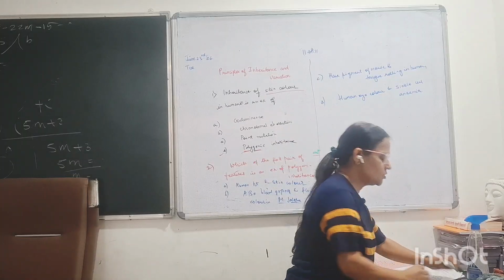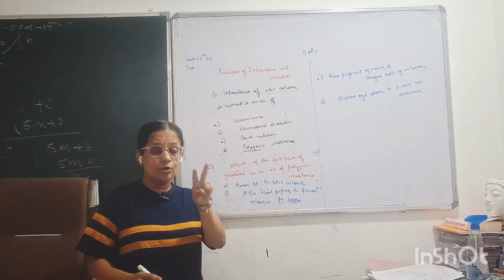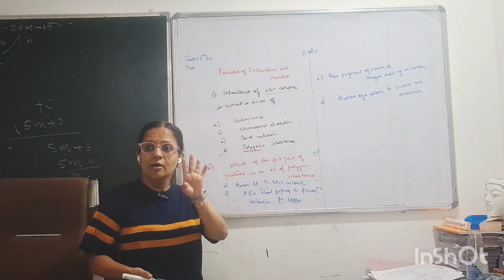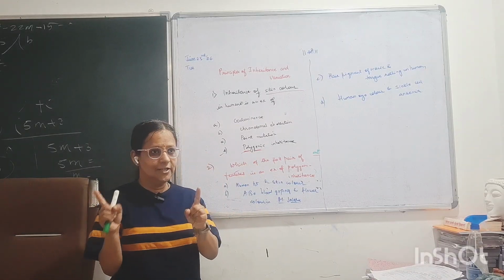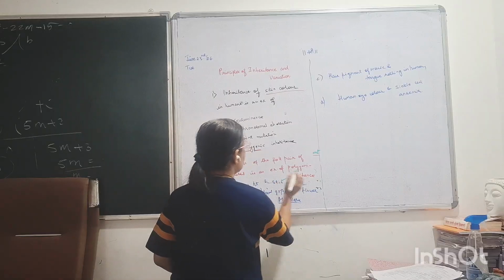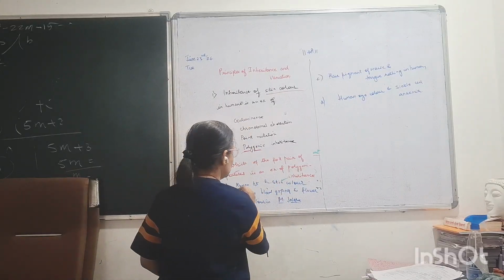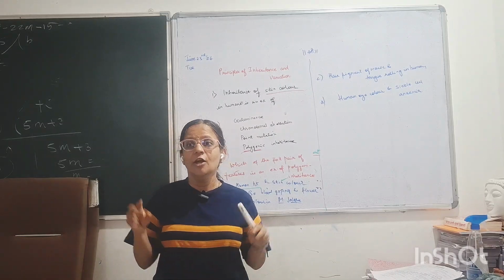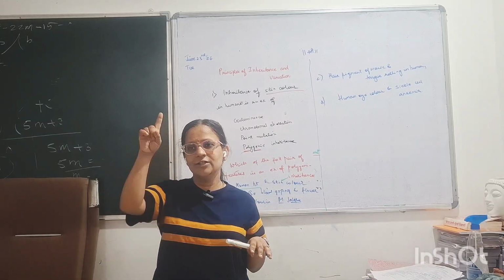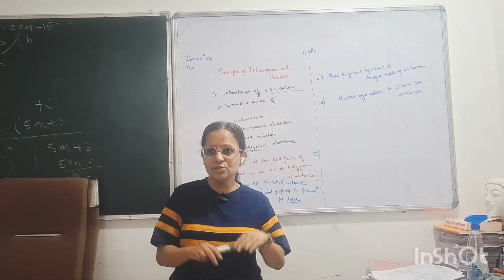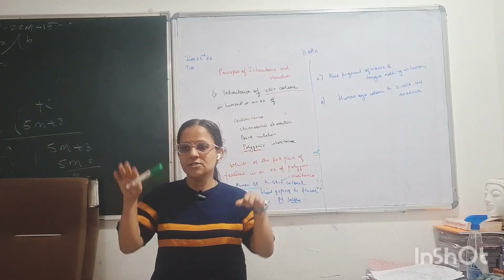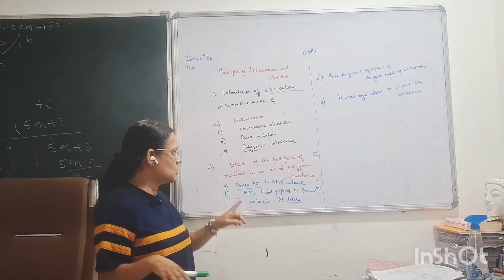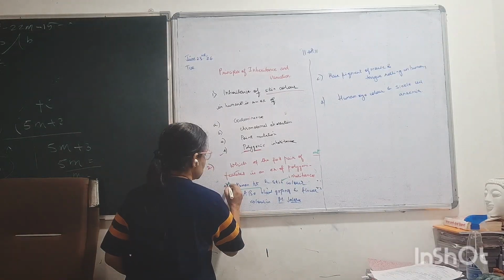Now what we have to find out is which of these are a pair of polygenic inheritance. Just now I told you poly means many genes, many genes are involved in affecting a single trait. So skin color of course is a polygenic inheritance. Human height is also an example of polygenic inheritance, wherein many genes are involved in controlling the height of the person. That is why in humans we find that some are tall, some are dwarf, some are in between, intermediate heights. So you have many genes controlling a single character. So the option is first one.